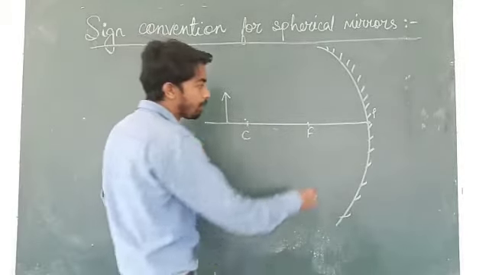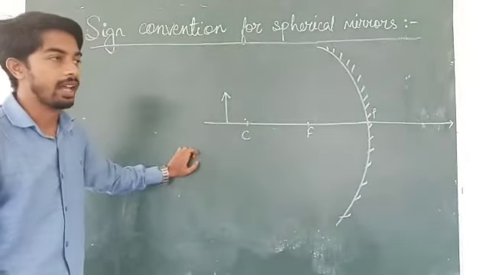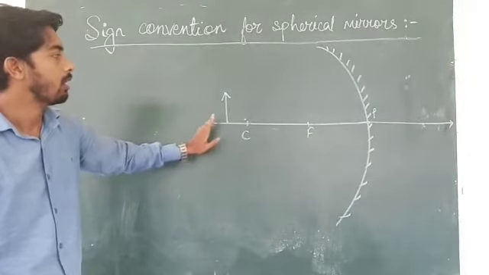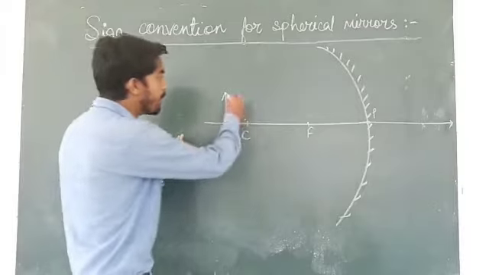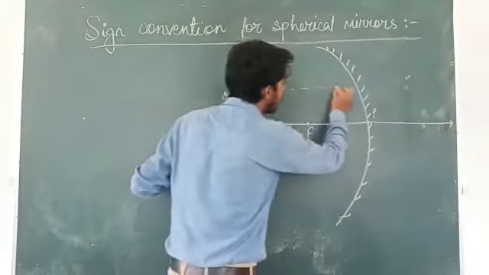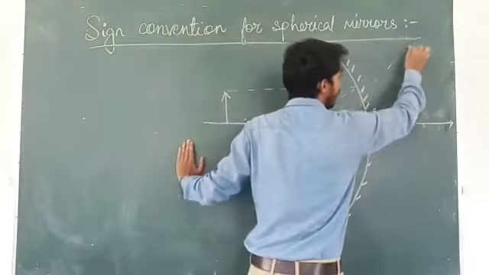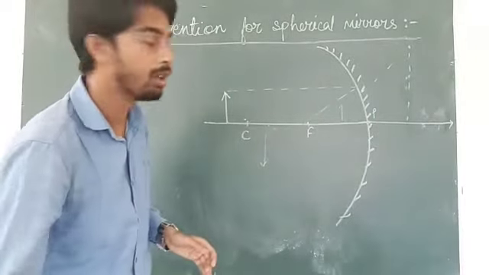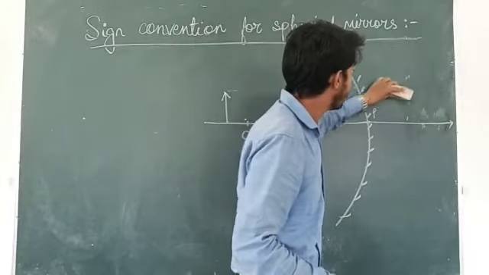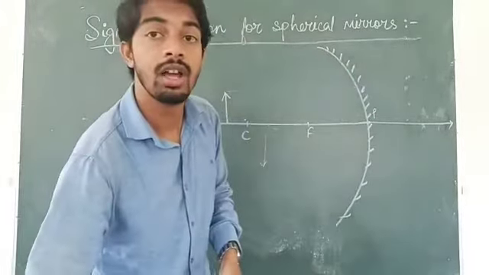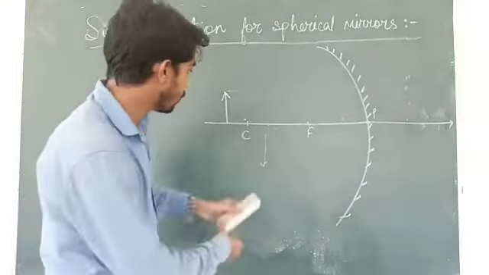Secondly, for example, if I extend this line up to here, when the object is at the left, then the image can form in any direction. Either the image can form somewhere here, or if the object is somewhere in this part, the image can form somewhere here, as we have learned in the ray diagrams. So in that case, what happens? We have to know about the direction, position and size of the image and the object as well. First of all, we will look at the symbols.